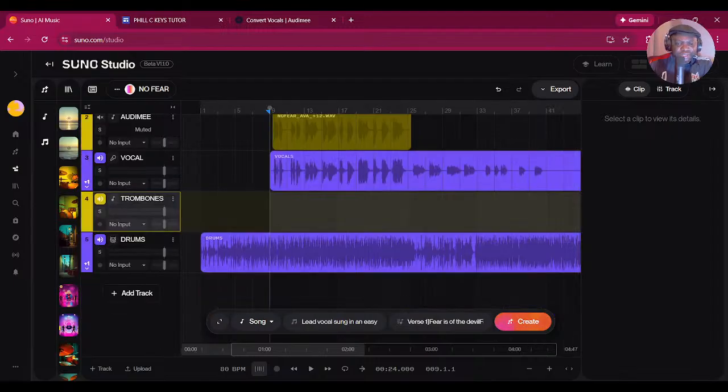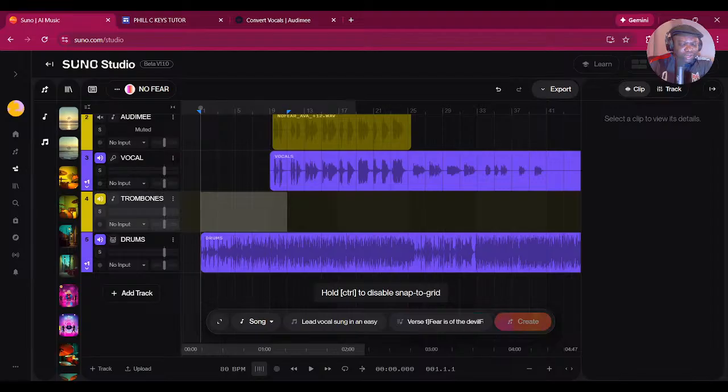So what I'm going to do is make the trombone stand out, especially in the beginning. This is what I love about Suno Studio. You can get the generative AI to just give you ideas for the trombones in the beginning, nowhere else, or you could choose the places where you want to hear the trombones. It excites me, my friends, especially if you've been in the studio with horn players. You know what I'm talking about. You can ask them on demand to create lines.